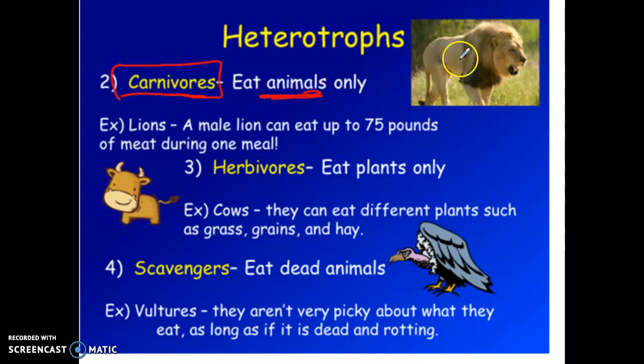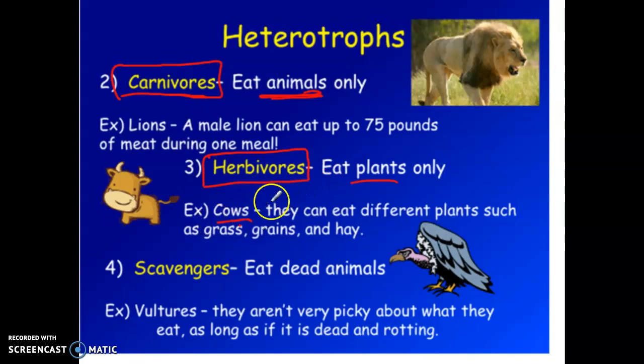So if a lion wanted to munch on a salad, it actually would probably just throw it up because its body is not built for that. It's saying that there's something in there that it cannot digest. So it's kind of crazy to think about. So same thing with herbivores. A herbivore is a species that only eats plants, meaning not just that it wants to eat only plants, but its body is built to eat plants.